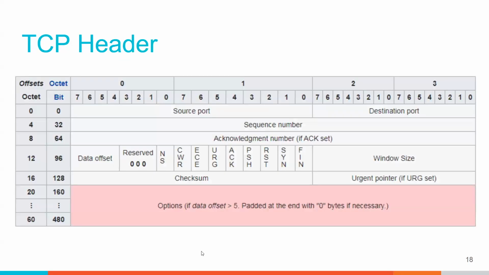So if we go back here a little bit, here's our flags, right? But my flags are only from here over. I have 2 bits here that I'm not using for flags. Those get used for ECN, explicit congestion notification, which tends not to get used. ECN is kind of a way